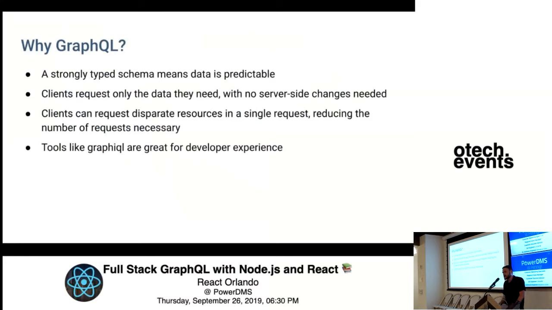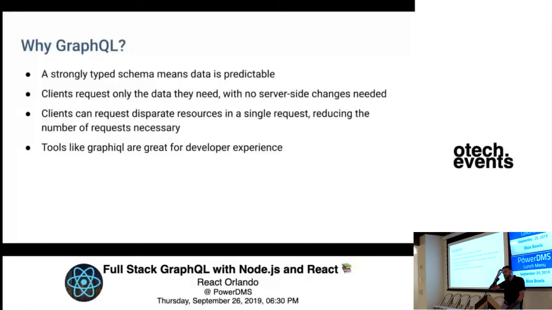With GraphQL, clients can request only the data that they need without any changes to the server. So if you think about a traditional REST endpoint, you're like, give me users, and you get a list of users, and those users have certain properties, and you have no control over what properties those are. You might need 5 and get 20, and so those other 15 properties are just wasted bytes across whatever network you're working on. With GraphQL, you can declare as the client what exactly you want to query.